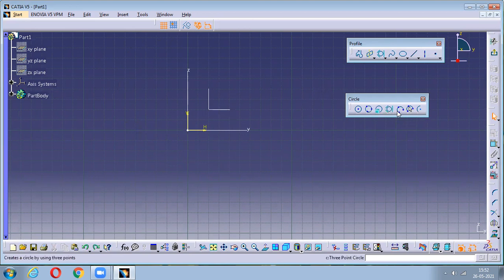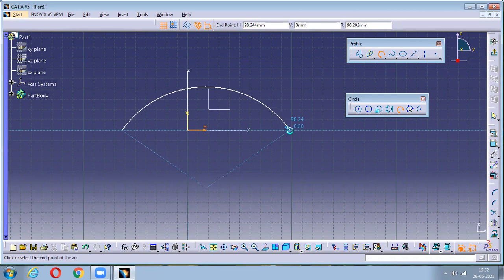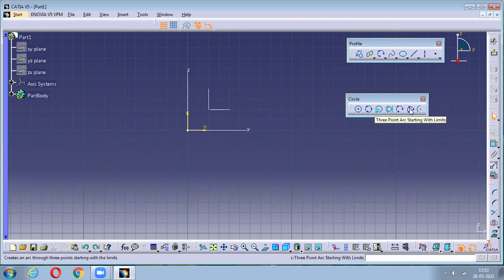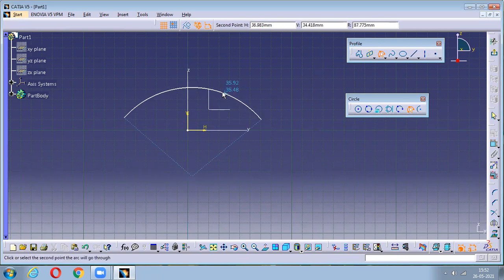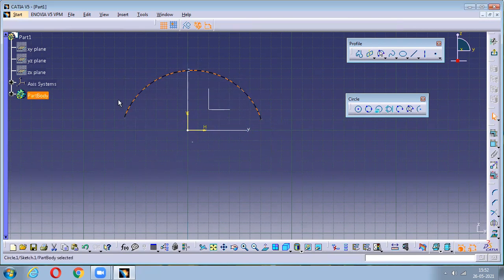So next we have the 3-point arc. That is nothing but it will start from the start point, then the center point, and the end point you have to give. Instead of this arc, the arc we prefer is this one, the 3-point arc starting with limits. In this arc, you give the starting point and ending point, then you assign the center point to that particular arc.